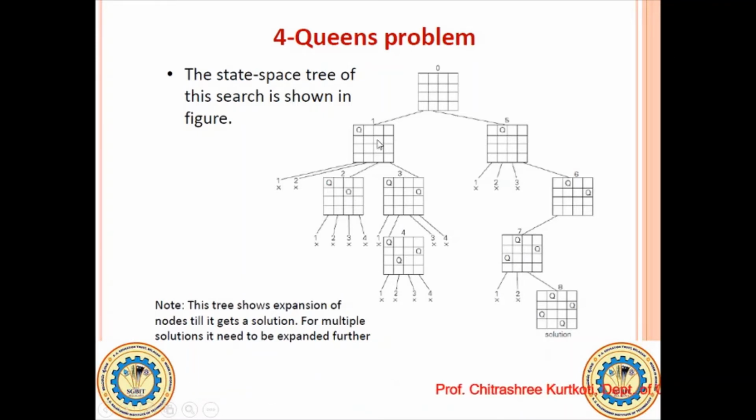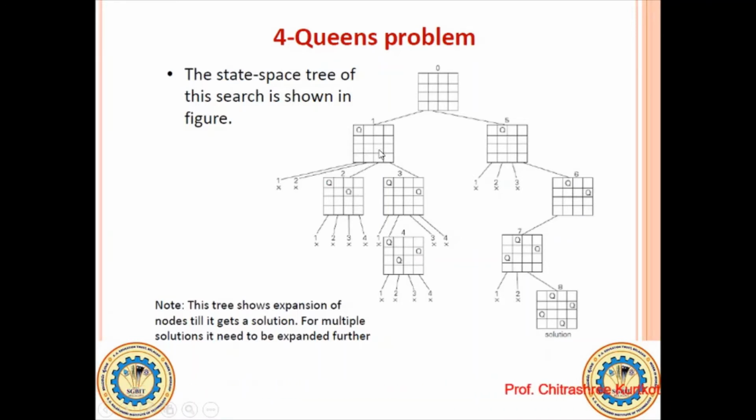So let us check whether we can place the second queen in the third place. Here you can see, yes, we can place it. They are not in the same row, not in the same column, and not in a diagonal place. Yes, so we can go with this solution. So we have written it like this. Next we will be checking the third queen, where the third queen should be placed.